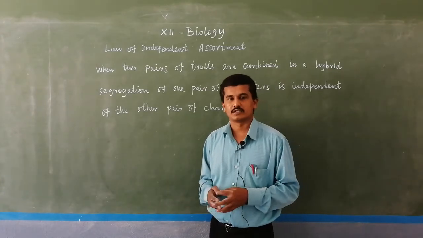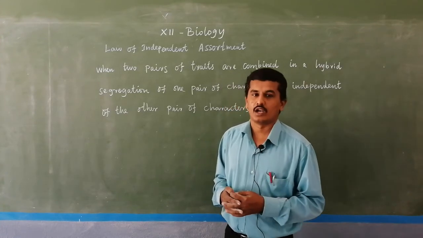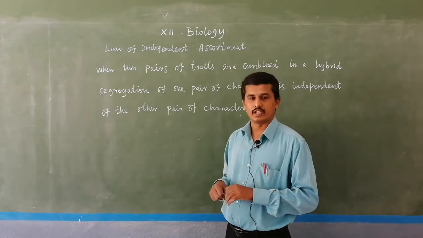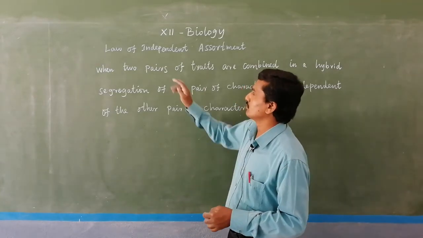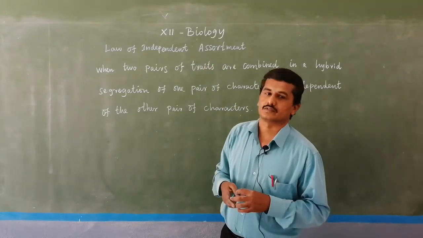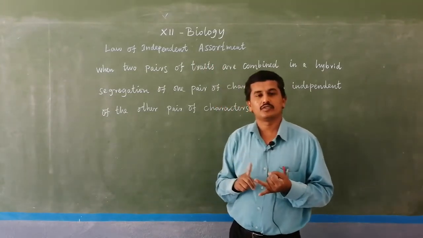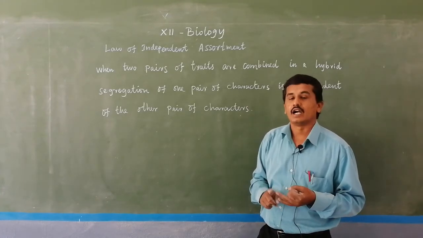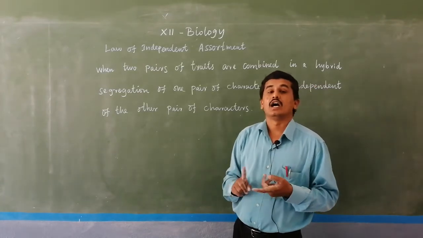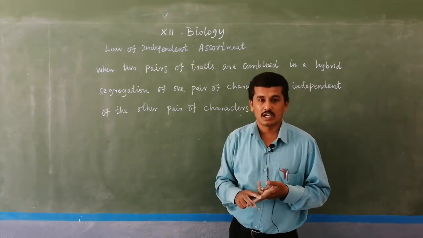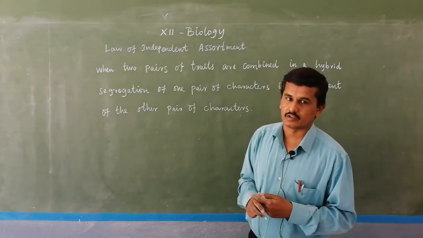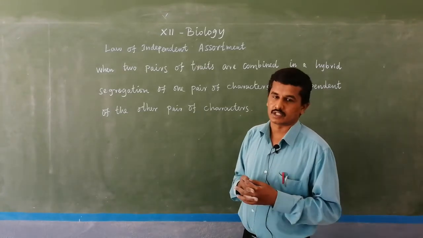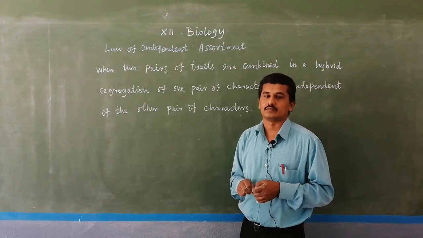After the completion of the dihybrid cross, he formulated one law, that is inheritance of two genes. The law is nothing but the law of independent assortment. So the law of dominance and the law of segregation are under the inheritance of one gene. Incomplete dominance and codominance are not Mendel's laws, they are actually deviations from Mendel's laws. Then Mendel formulated another law due to the dihybrid cross: the law of independent assortment.